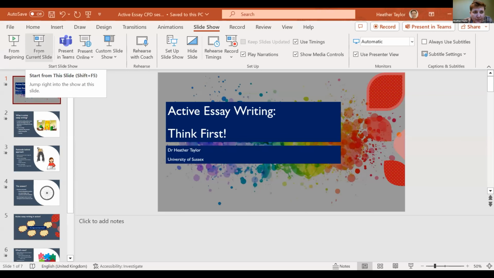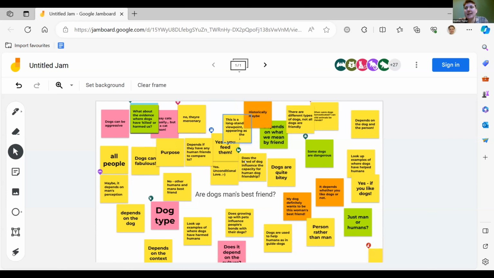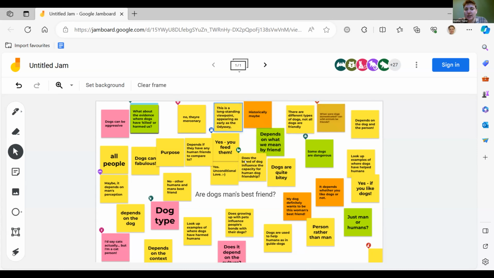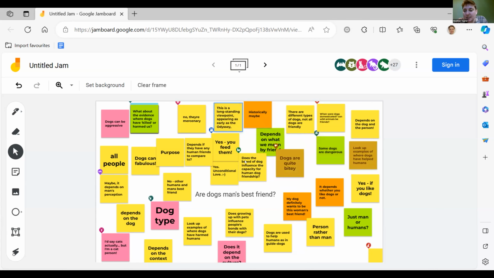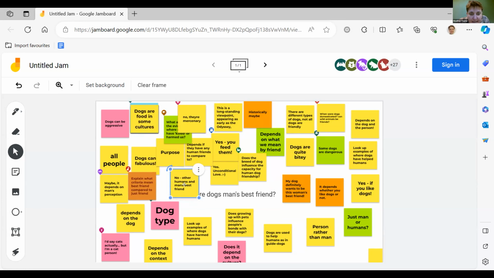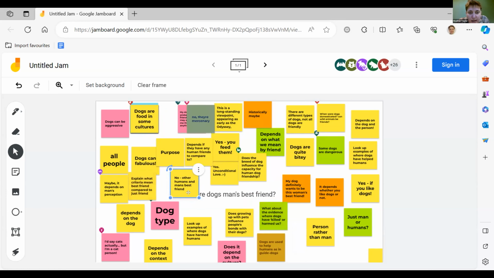Okay, very good. Stop with all of your brilliant ideas for now, because this is far more than I can manage. What I'd like us to do now is to pick a few different ideas and then to try and critically evaluate them. Something we do with the students to get them really engaging with critical thinking as early on in the process as possible, and not just have biased ideas, is for them to critically consider their own assertions. So let's take this one, for example, because it's one of the first ones on there.